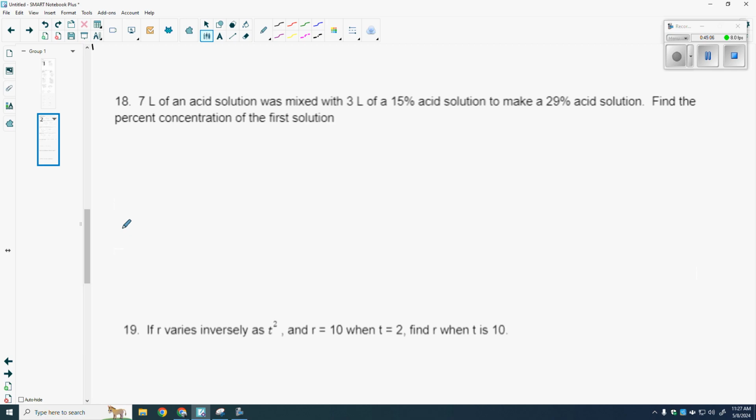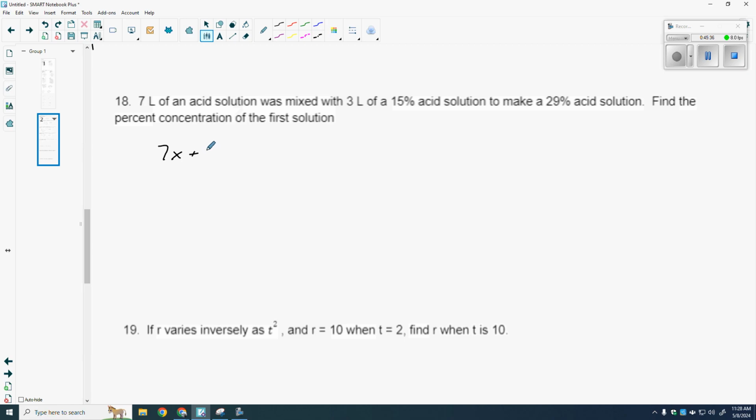Okay, question 18. 7 liters of an acid solution was mixed with 3 liters of 15%. Remember our equation I had on the board today. We want percent of the part plus the percent of part 2 equals the percent of the total. That's my thought process. 7 liters of an acid solution. So we don't know what percent, so 7 times x. Amount is 7, x is my percent this time. Was mixed, so I'm going to add to that